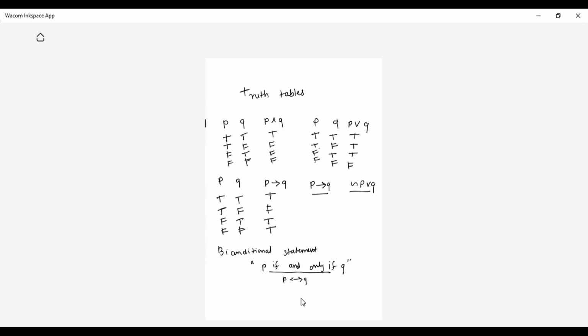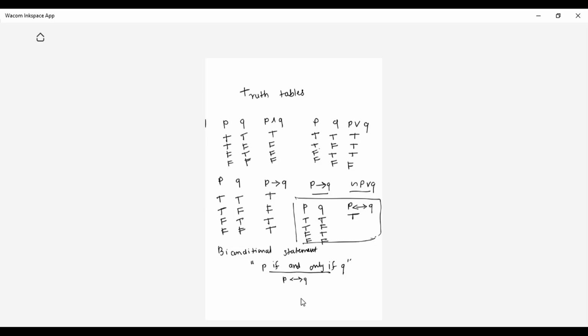So for true, true, it is going to give us true. For false, false, it is going to give us true. But for true, false or false, true, it is going to give us false. Let me write this down. P, Q, and P biconditional Q. For true, true I get true.